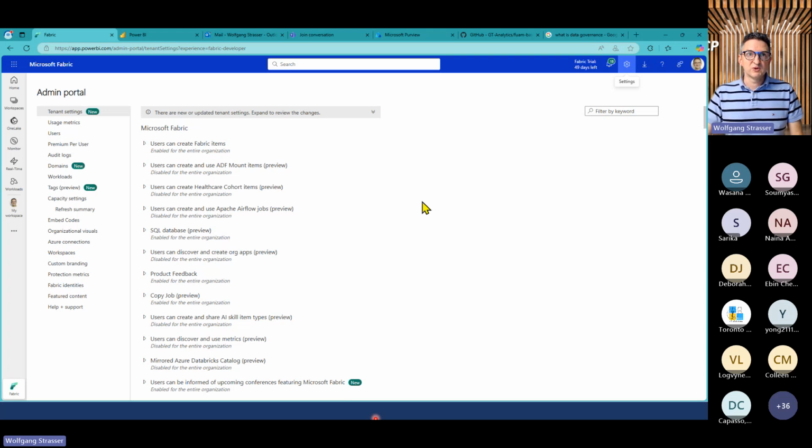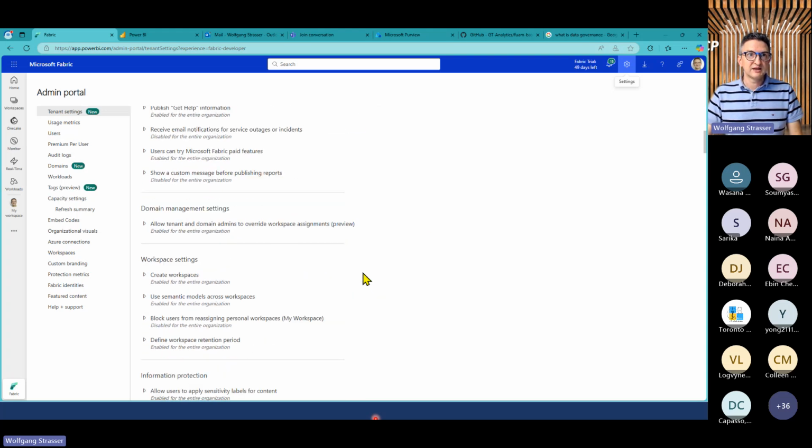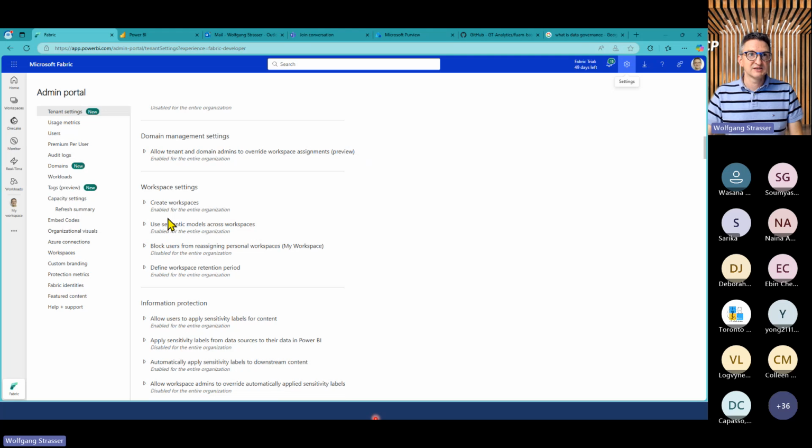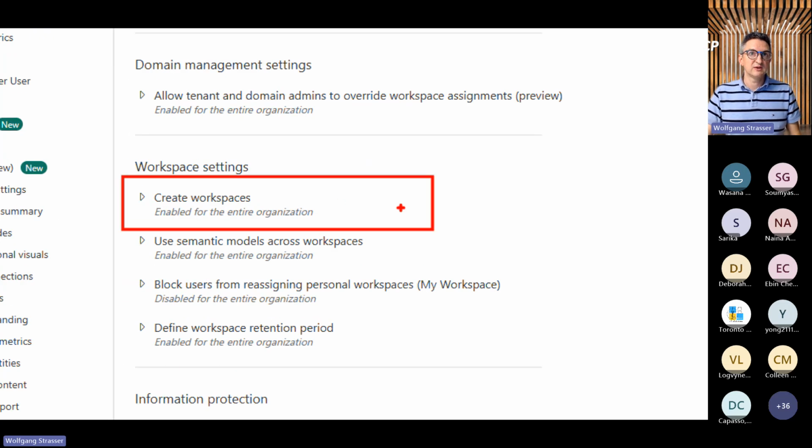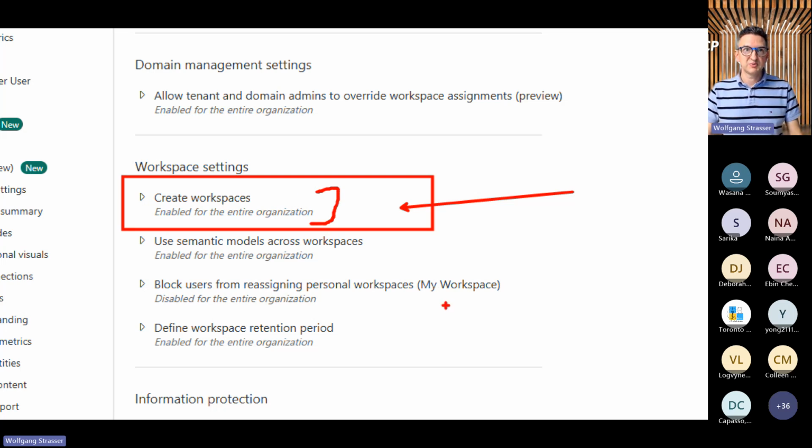And one of those things I would really recommend, if I move down to the workspace settings, is: who is allowed to create workspaces? Self-service is okay. It's really nice to have the ongoing and growing percentage of users that really use Power BI and Fabric. But as I usually say, I like self-service using guardrails. And one of those guardrails I would define is to limit the number of people that are allowed to create new workspaces.